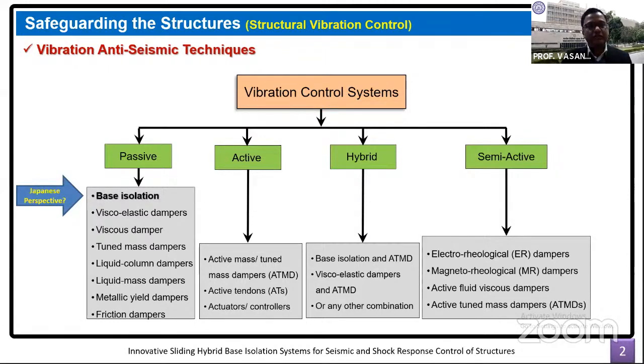It is not also out of place to say that even the kind of isolation systems that we use, they are combinations of different isolation systems. Just during the previous presentation of Professor Jangid, one of the participants asked, can we use different types of isolation systems? So the answer is yes, we do use different kinds of isolation systems in order to make it cost effective. So we use some systems which are costly in a limited number and the rest of the systems are in abundance so that we have complete isolation.